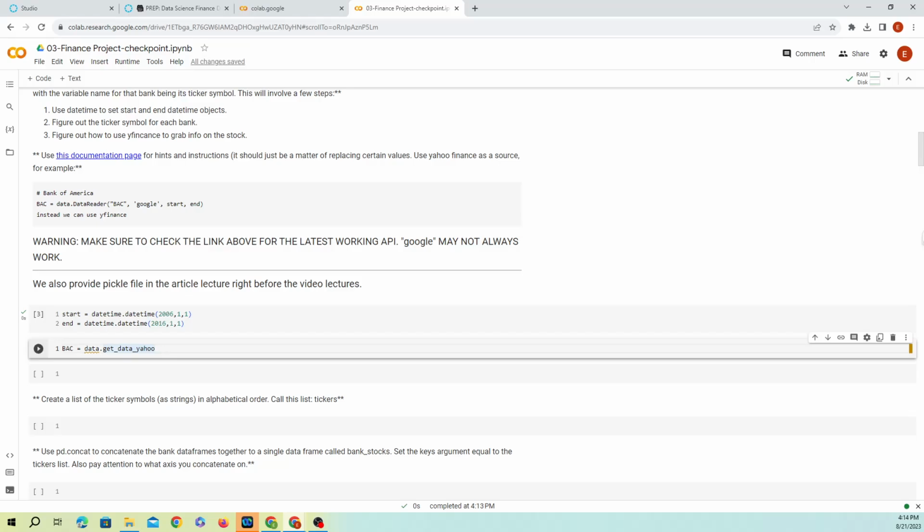And what we're going to do here is look for Bank of America with a start date. So this is the object start, and then we're gonna turn it into a date, and that's the beginning of the period.